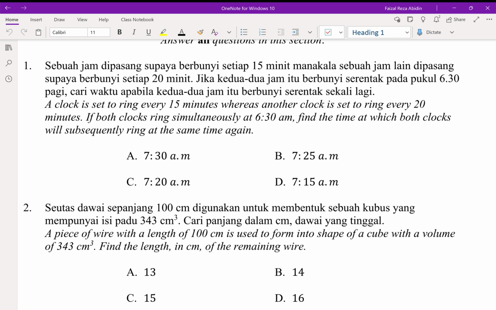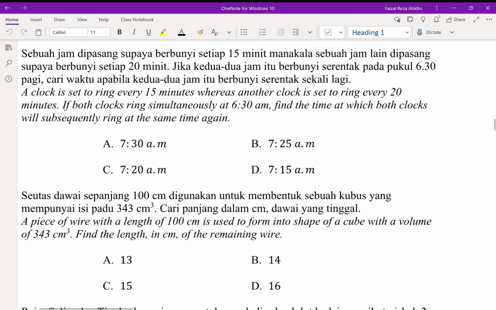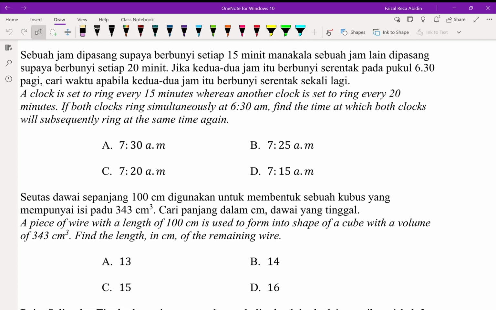Okay, but over here you are going to use HCF. Highest common factor. Okay, so what information do I have over here? The first thing that we are going to take is 15 minutes, the first clock. The second clock is 20 minutes. So we are going to have the highest common factor for 15 and also